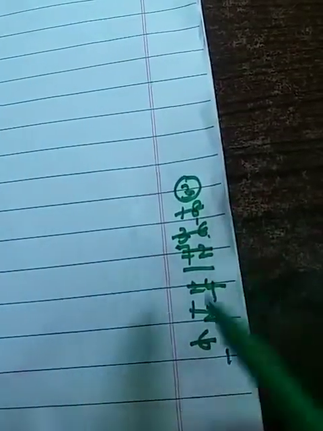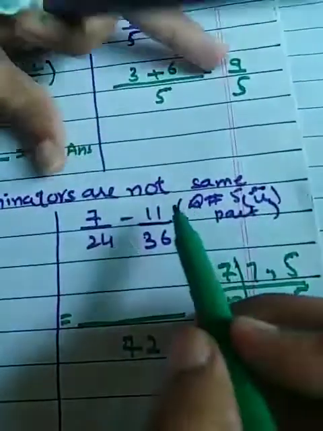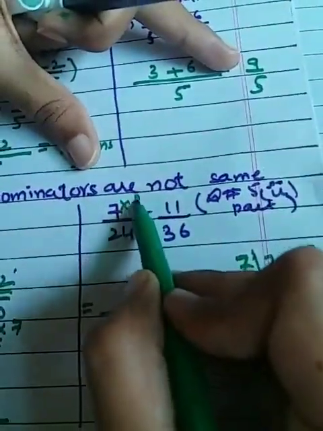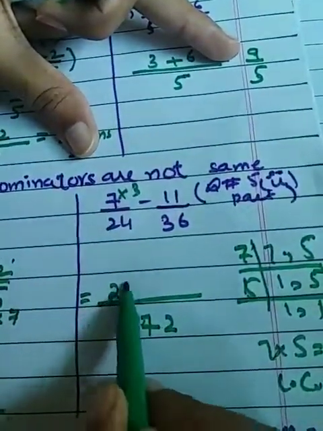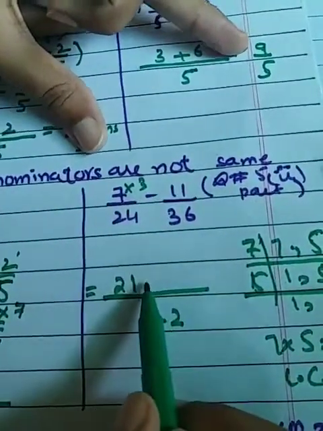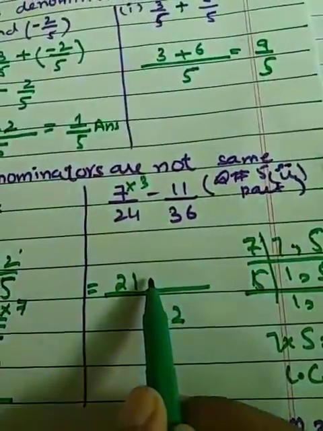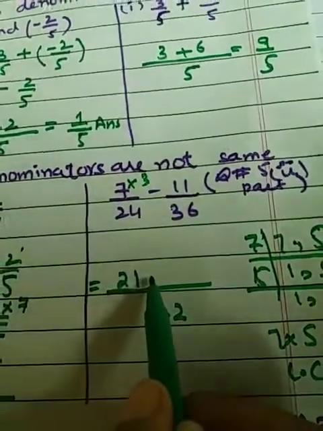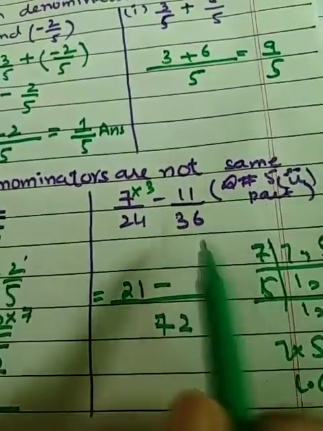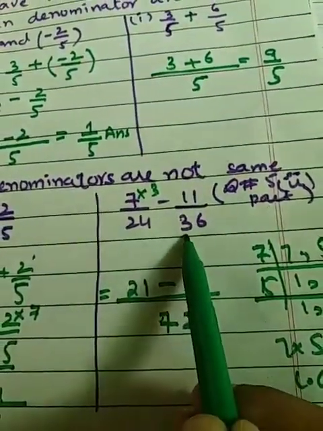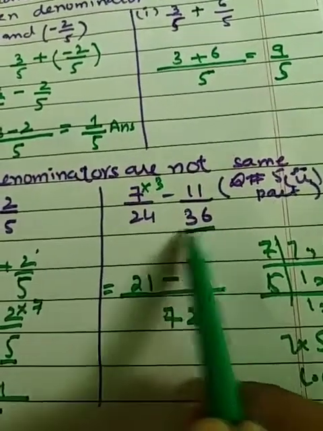Okay, whatever you got here, that is 3. You just have to cut out with the same denominator. Multiply this 3 with the respective numerator. 3 multiplied by 7, 21. Write the sign, whatever is here, whether it can be a plus or it can be minus. Okay, now do the same procedure. Now it's done for the first denominator.